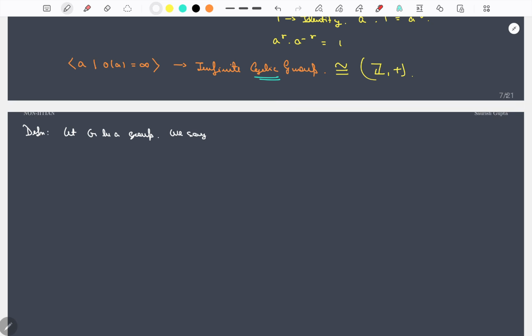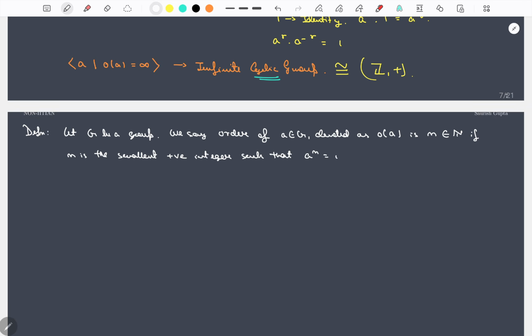We say the order of A in G, denoted as O of A, is n, a natural number, if n is the smallest positive integer such that A to the power n is the identity. Okay. If no such n exists,